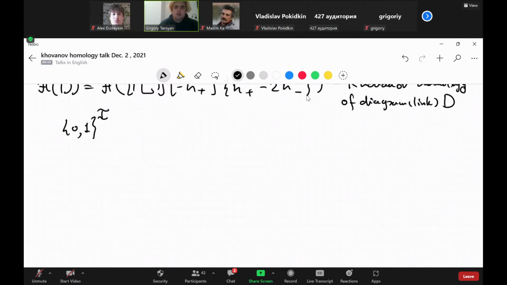Its vertices are encoded by sequences of ones and zeros. We have a cube. Vertices correspond to resolutions,